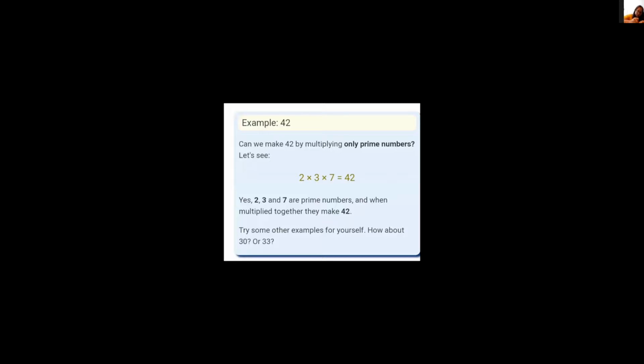So let me ask somebody. Monavi, are you there? Yes, ma'am. Okay, Monavi, how about the others? Can you see the last one? Express 30 as a product of primes. That's your question. So 30 can be written as 2 into 3 into 5. Perfect. That is the answer. Very good. So 2 into 3 into 5 is the answer, children, right?